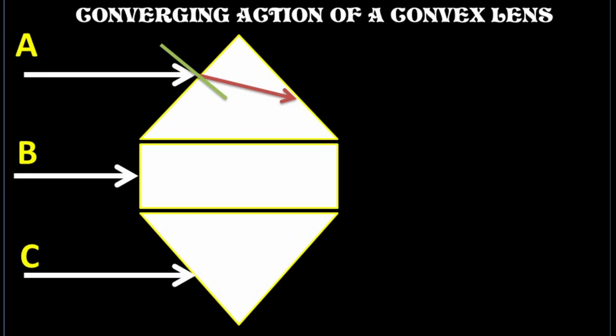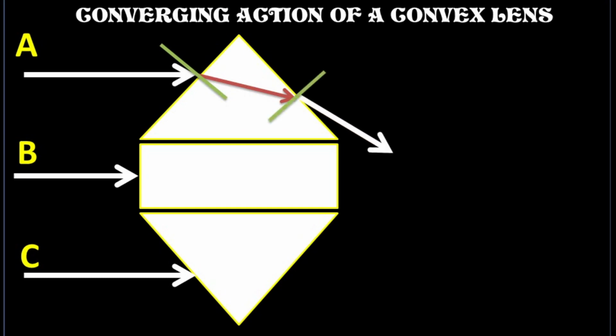All of you please remember the laws of refraction. A ray of light when traveling from denser medium to rarer medium, speed increases and it goes away from the normal. And when a ray of light is traveling from rarer medium to denser medium, speed decreases and it goes towards the normal. Now when this ray of light emerges out, it will go away from the normal, as you can see.